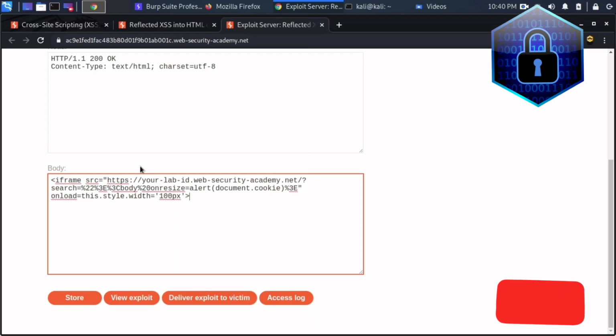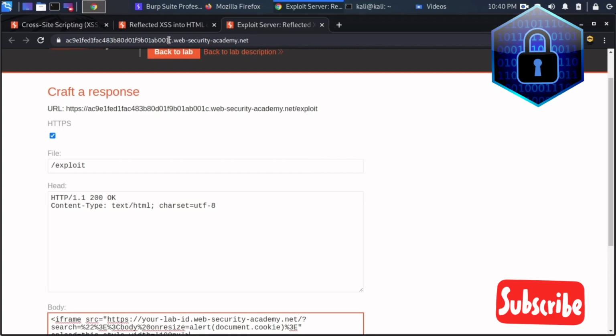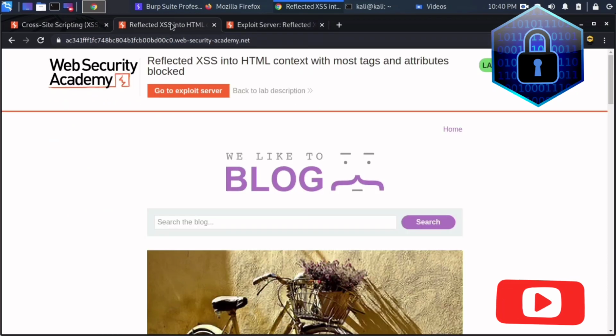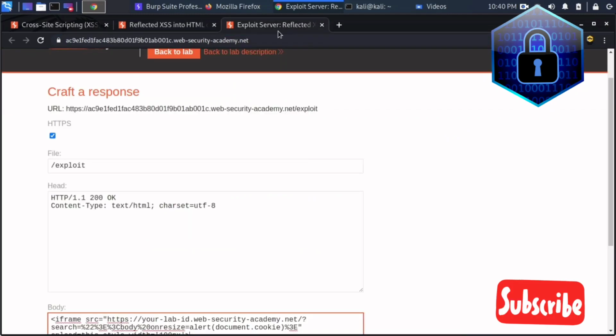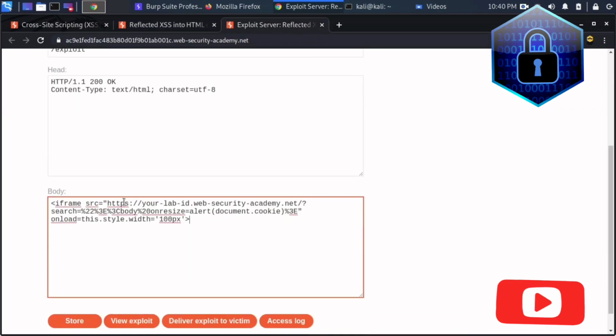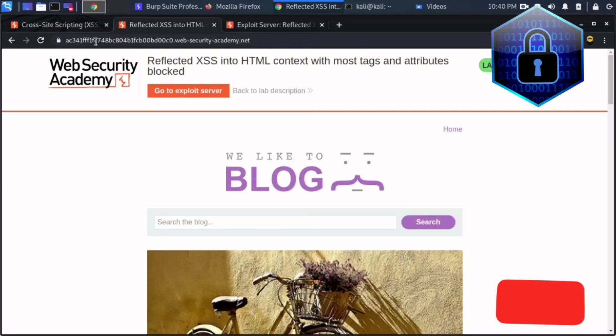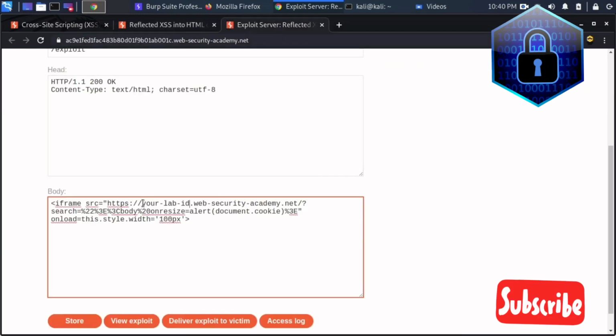So in this case we have to add our lab ID. This is not our lab ID. I'm again mentioning, this is not our lab ID. What we are getting here, this is our lab ID. So I'm copying this lab ID, and I will put the lab ID here. Okay, and I will copy it here.